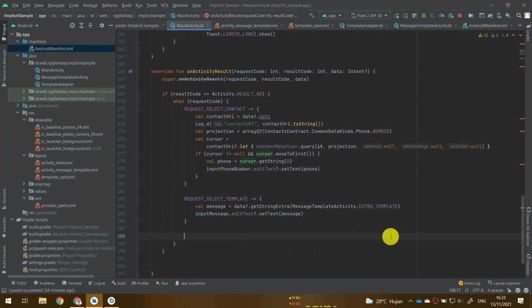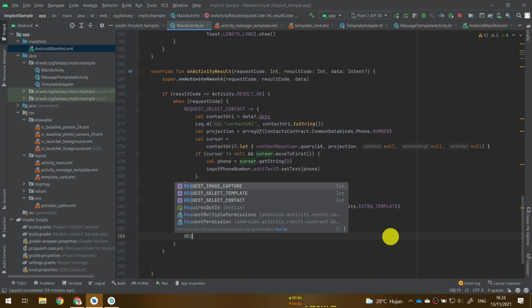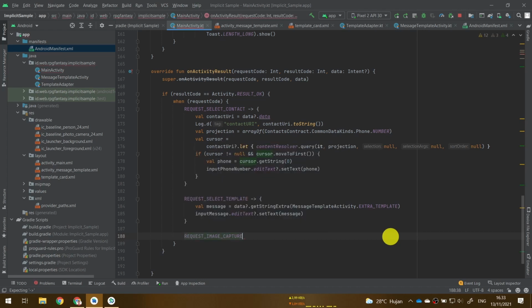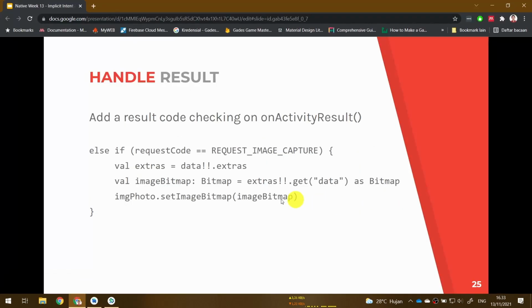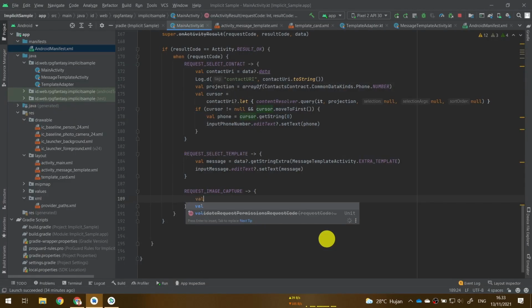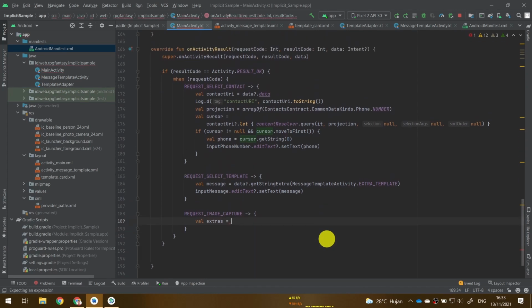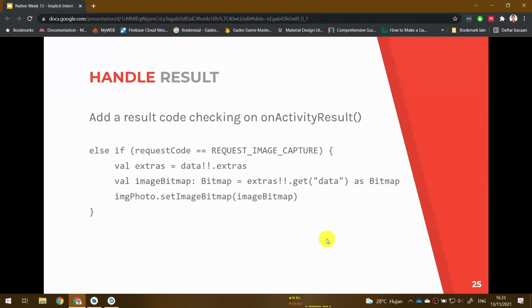So I will just add a new case here, request image capture. Now let's get the extras from the data. File extras equals to from the data, but be careful here because this tutorial uses non-assertion.